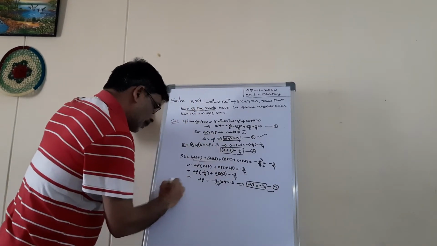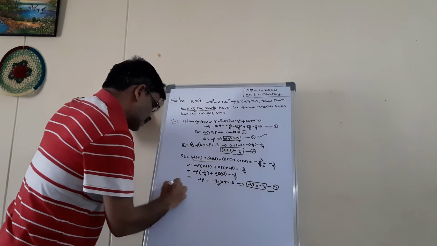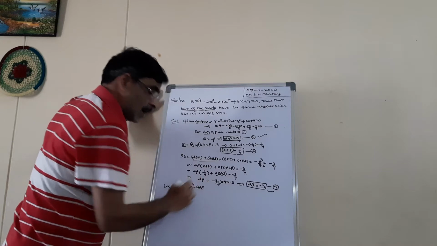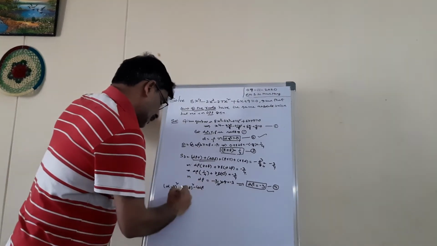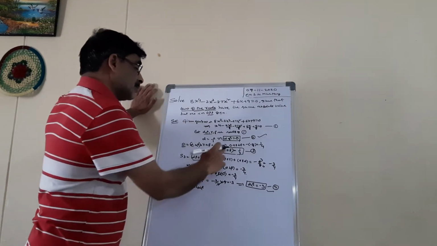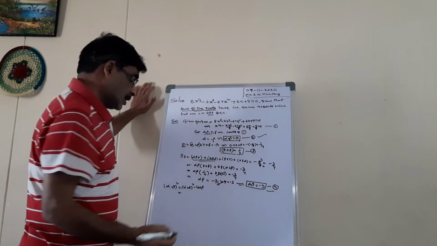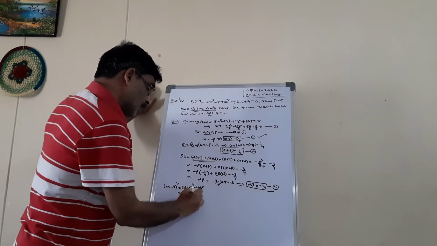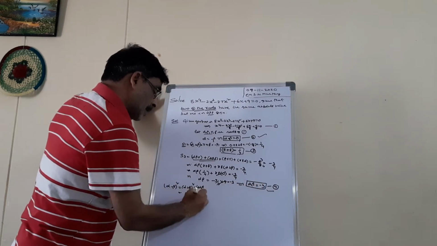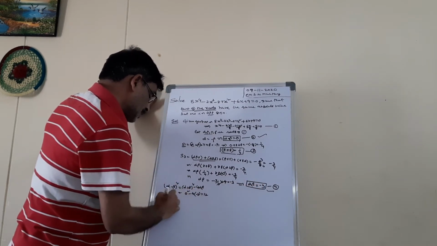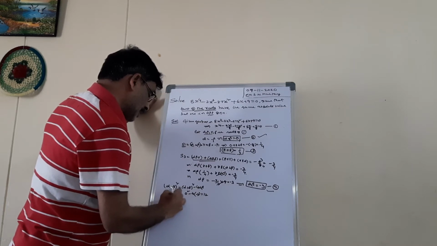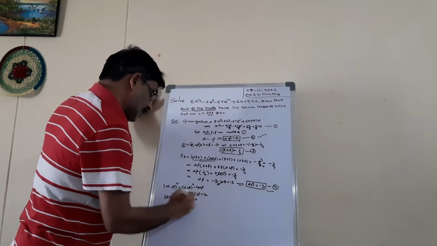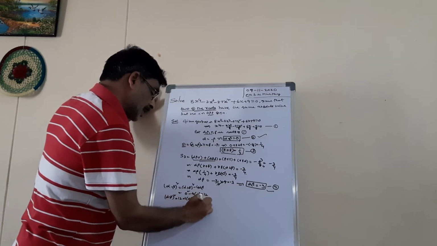We can find, with the help of these two, alpha minus beta whole square equal to alpha plus beta whole square minus 4 alpha beta. We have alpha plus beta equal to 0, so 0 square minus 4 into alpha beta value minus 3 equals 12. So alpha minus beta whole square equal to 12 implies alpha minus beta equal to plus or minus 2 root 3,